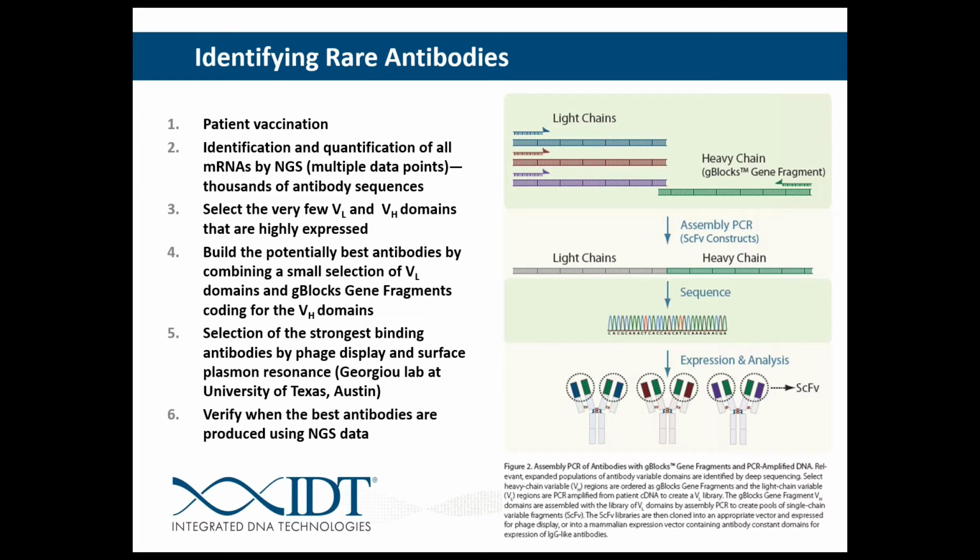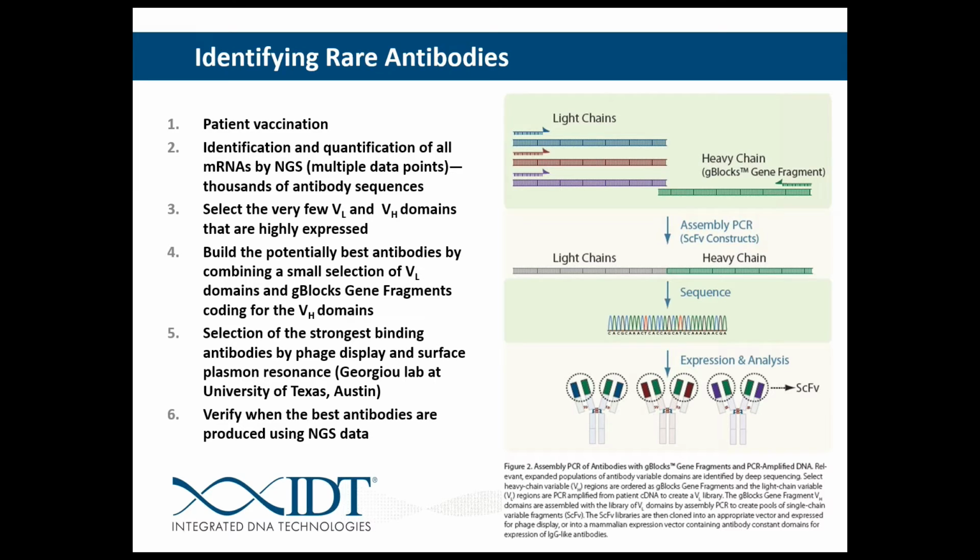So they were able to construct these, and because they had the light chains and heavy chains separate, they could recombine these and make a variation library of different antibodies. Once they expressed these, they were able then to determine the binding efficiency of these antibodies to the influenza virus, and they were able to find which antibodies work the best with the virus and use those as a real